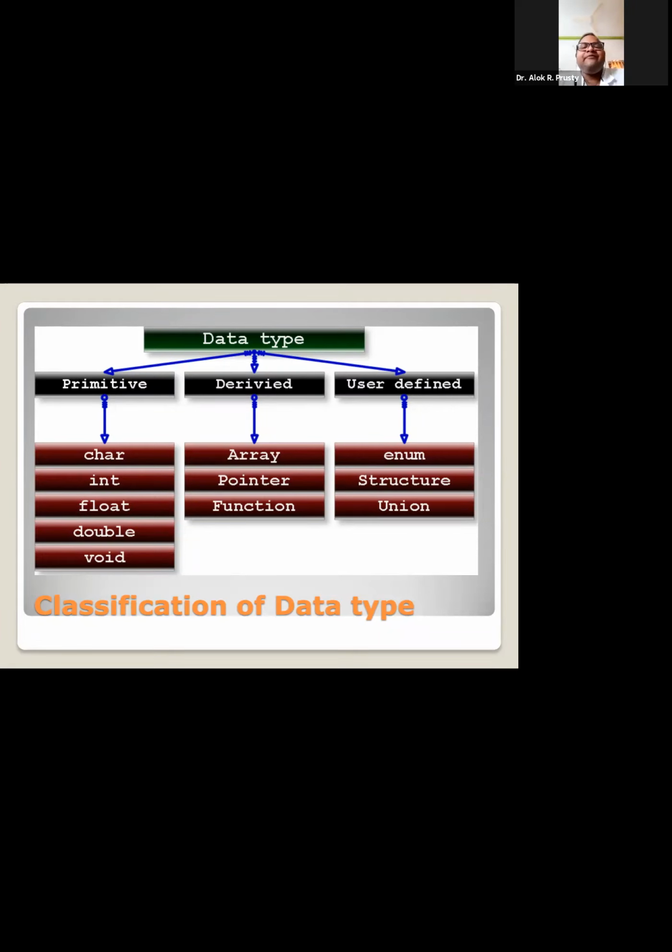Statement means every line present in your lines of code which creates certain output on execution is called a statement. Remember this. Every line present in your program, if that line is executed to produce certain output, then that line is called a statement. Okay.